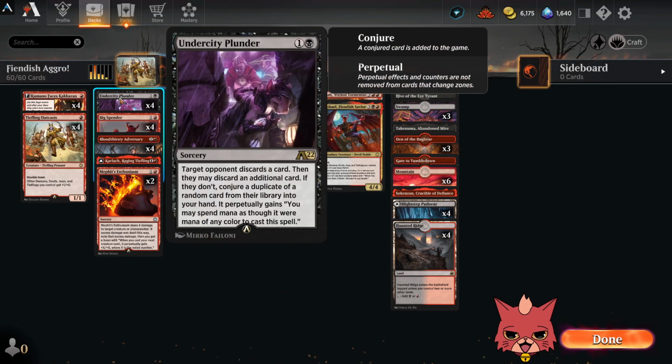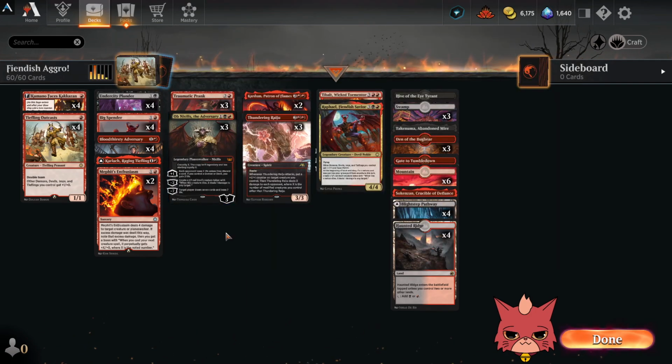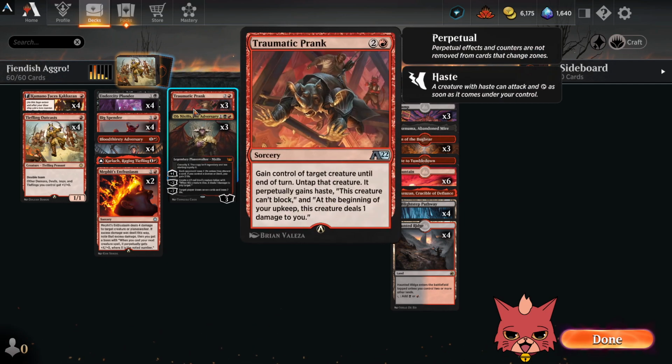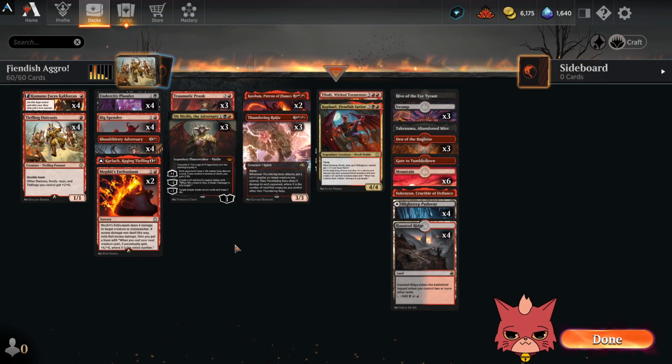I would drop down to 2 Undercity Plunders. I think it's a great card. I think it disrupts the opponent well, but it's not that aggressive, and it doesn't get too much damage through either. And so drop an Ob, drop an Undercity Plunder, and in cases like that last match where the opponent just gets these huge creatures that we don't know exactly how we're going to get rid of, except for like a Traumatic Prank helping us get that last bit of damage through, then extra removal would be really good as well. Some like an Infernal Grasp or something